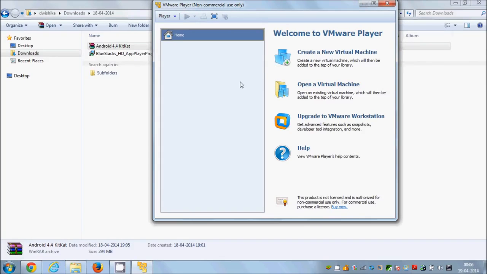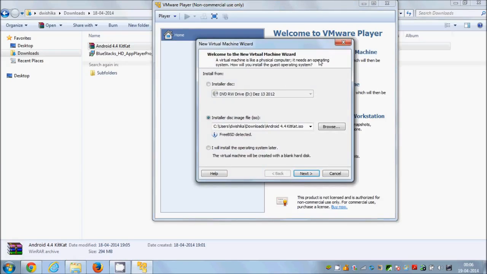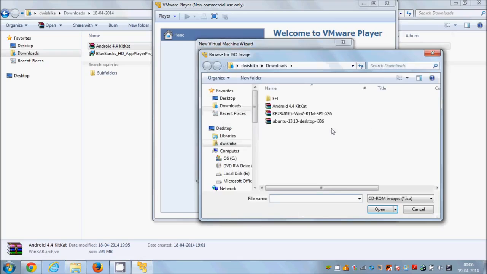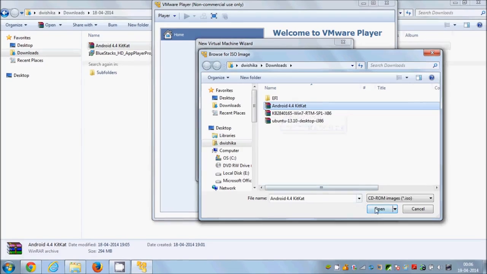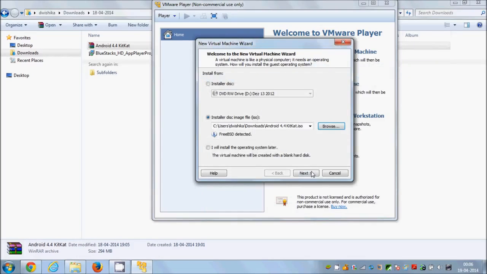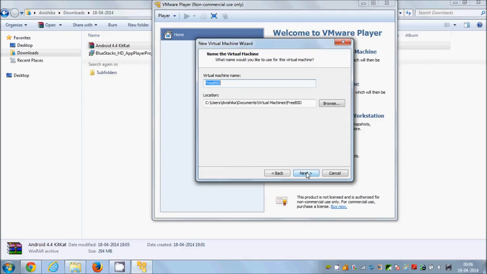So in here I will go to create a new virtual machine, and in here I will choose installer disk image file, which is ISO file, and browse for your recently downloaded ISO file which you have downloaded from the link I have provided you. So just select this Android 4.4 KitKat ISO file and click open, and now click next,